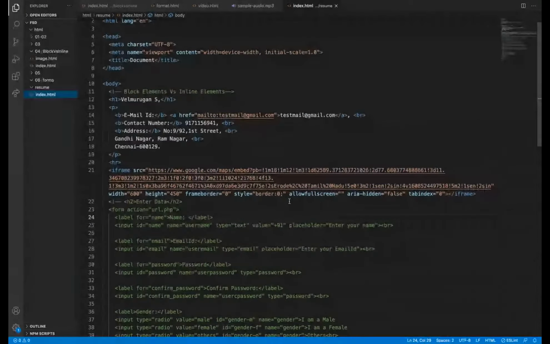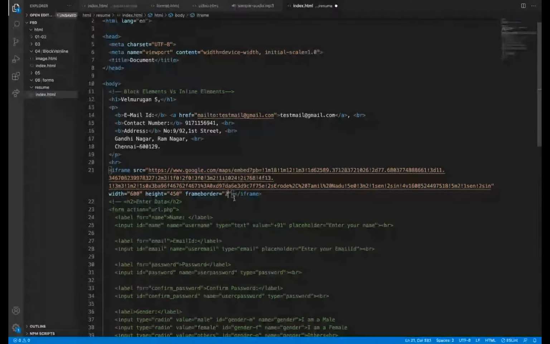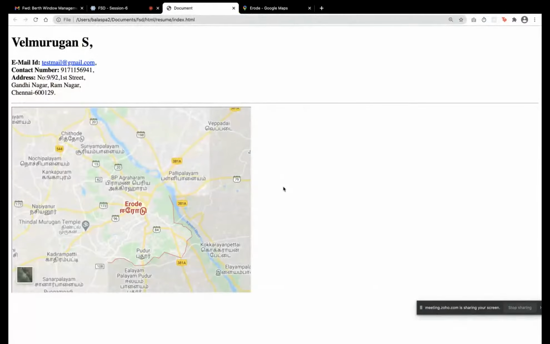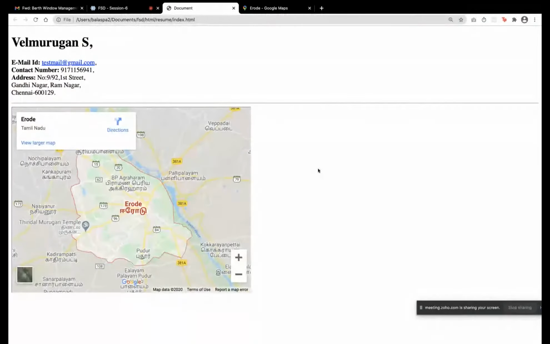So what is this? Iframe has a source and then width and height, frame border. For other things, for now, we don't want them. First we will see it visually in the browser. Yeah, the E-road map has been embedded into our website because we cannot develop this ourselves.